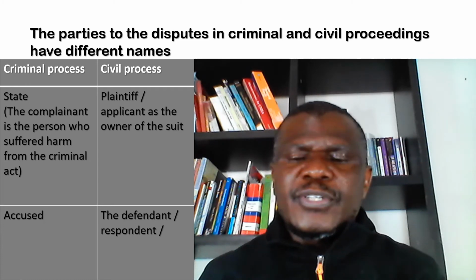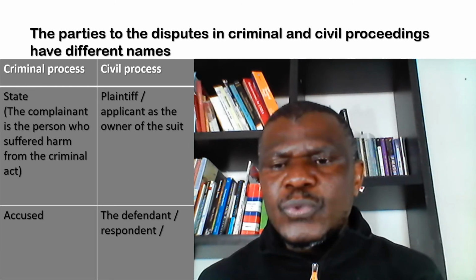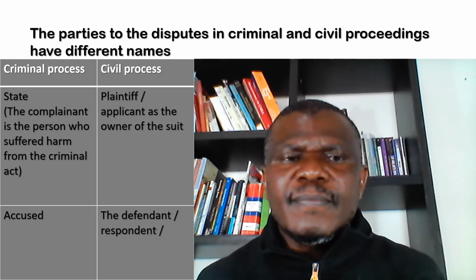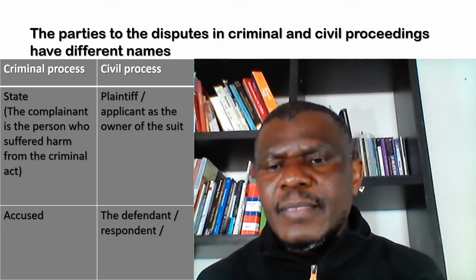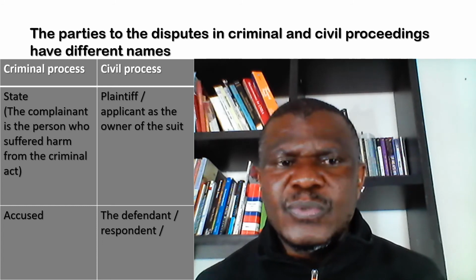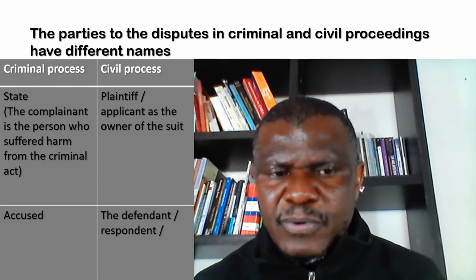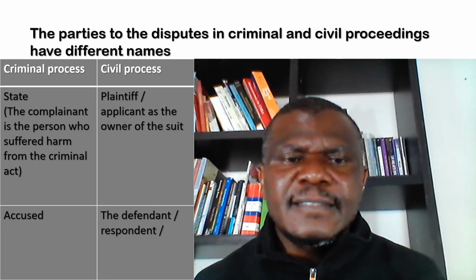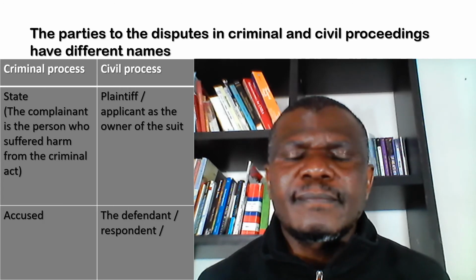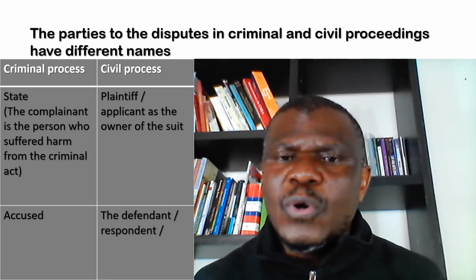A very important distinction between criminal proceedings and civil proceedings is the words or the terms that are used. For instance, you find that in criminal proceedings, it is the state that commences action on behalf of a complainant. The complainant in this case being the person who suffered the harm. For instance, if it's an act of theft, the complainant is the owner of the properties being stolen. So it is the state then that commences action on behalf of that complainant. And then, meanwhile, in civil cases, the person commencing action is called a plaintiff,